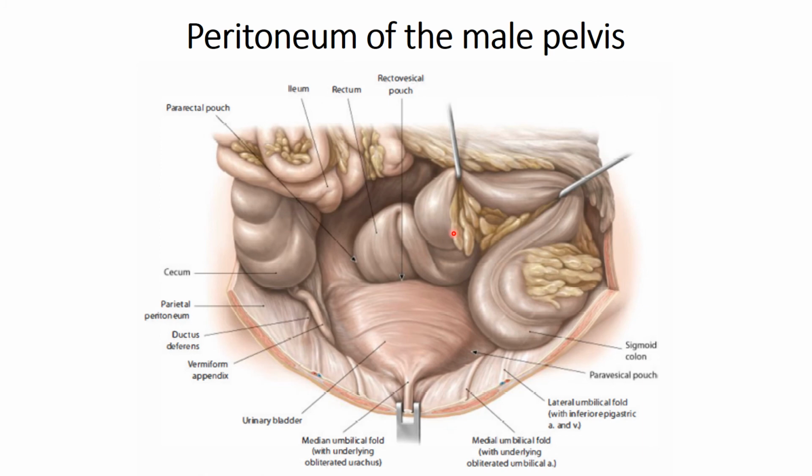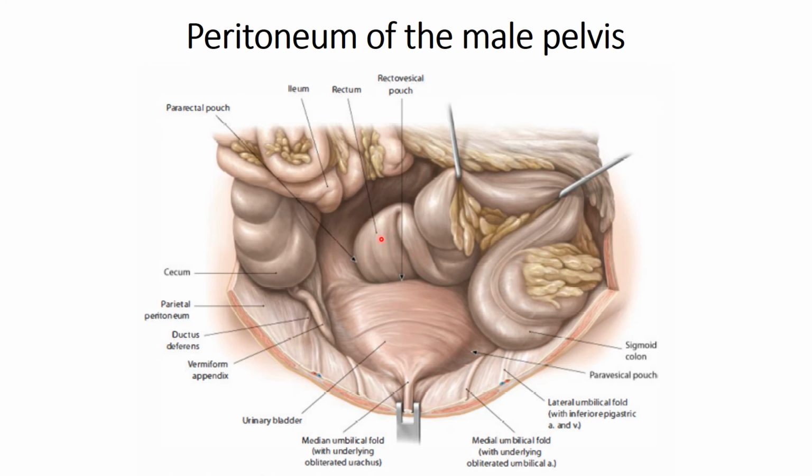Now the peritoneal lining from the distal sigmoid colon and the anterolateral surface of the upper rectum is reflected onto the side wall of the true pelvis, thereby creating a pararectal pouch on either side of the rectum. And this pararectal pouch varies in dimension depending on the distension of the rectum, so it is loosely adherent.